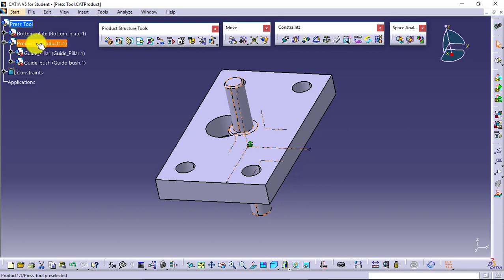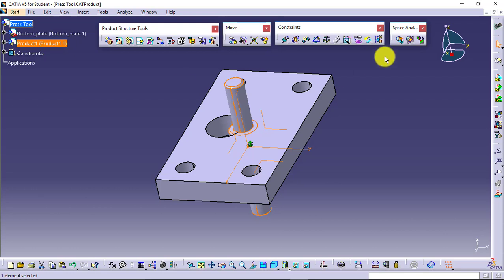Then this product 1 will act as a single entity for me, and then I can go for pattern of this. So instead of separately creating sub-assembly and inserting, I can create the sub-assembly in the environment as well if I want. This was all about your bottom-up approach. There are some more features, some more things in the approach that we will discuss in the advanced course we have.